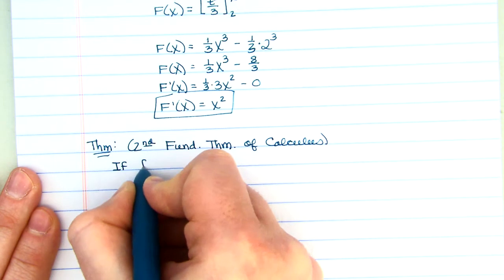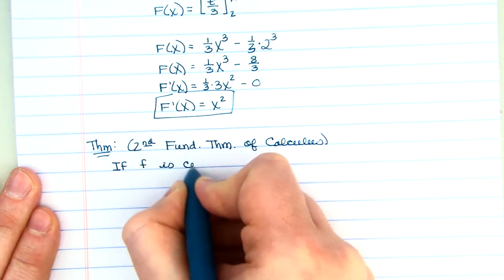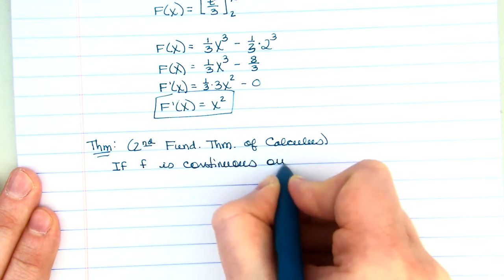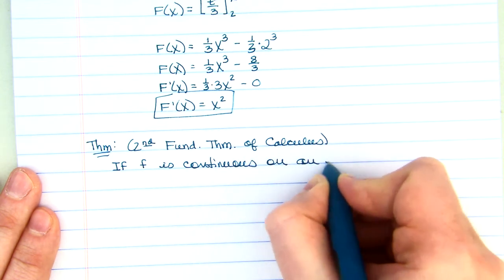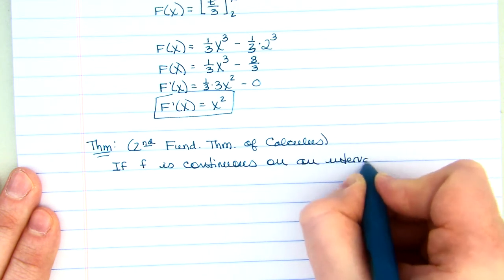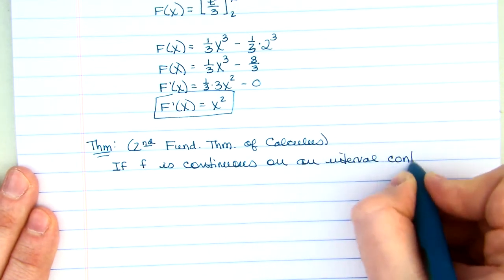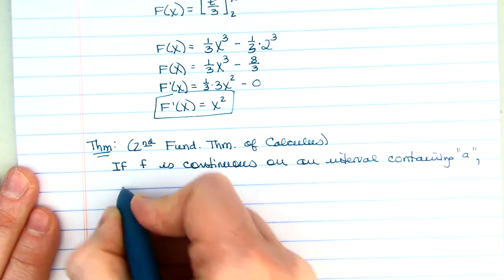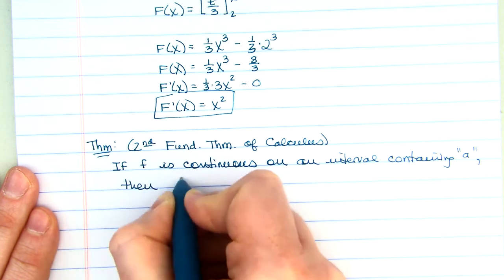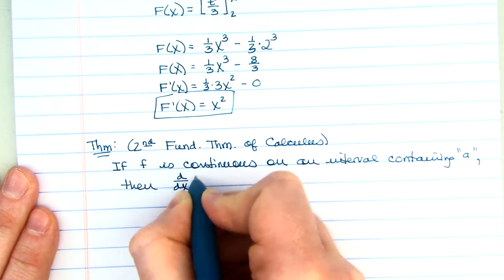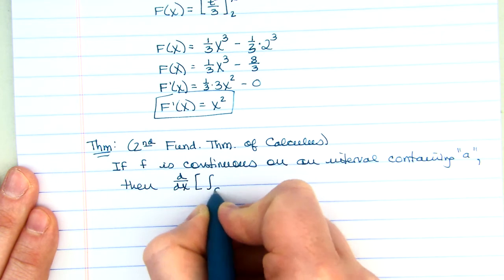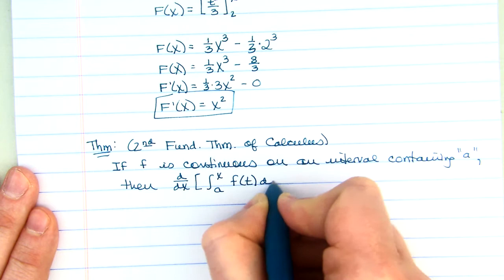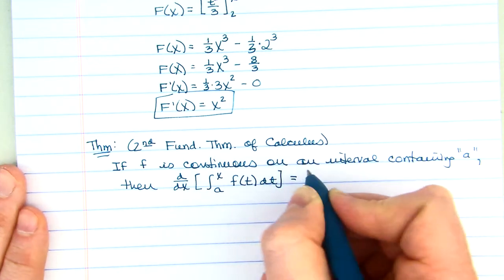If f is continuous on an interval containing a, containing some constant, then if I want to do the derivative of the integral from a to x of f of t dt, this is going to equal,